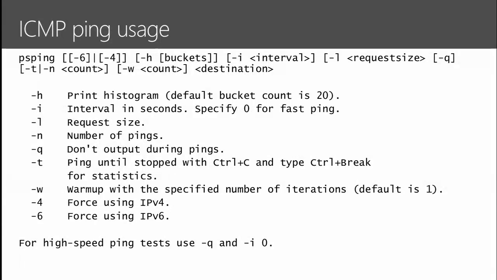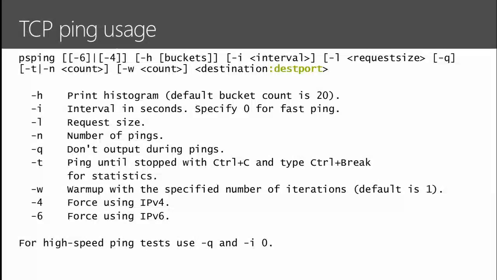There's some other command line options there I'm not going to discuss right now. The next thing I want to talk about is TCP ping. The command line syntax here is exactly the same as the ICMP ping, except you specify a TCP port after the server name. Now instead of sending these echo requests using ICMP, it establishes a TCP connection, which tends to be more what you're probably interested in anyway, because ICMP doesn't really offer a whole lot of functionality.